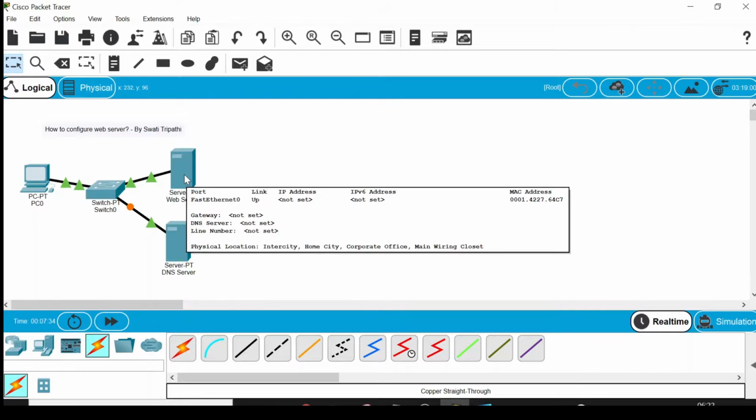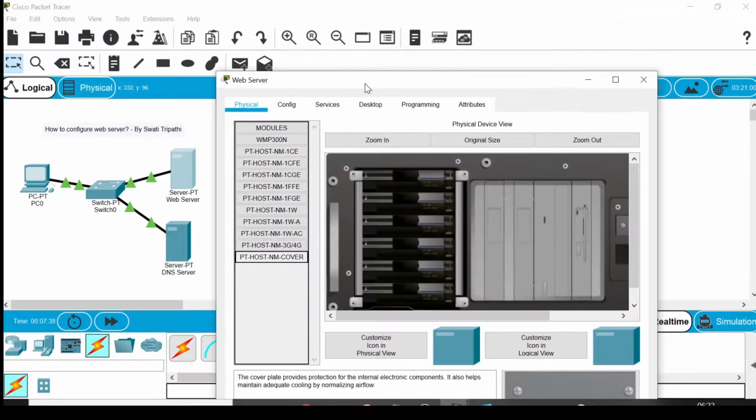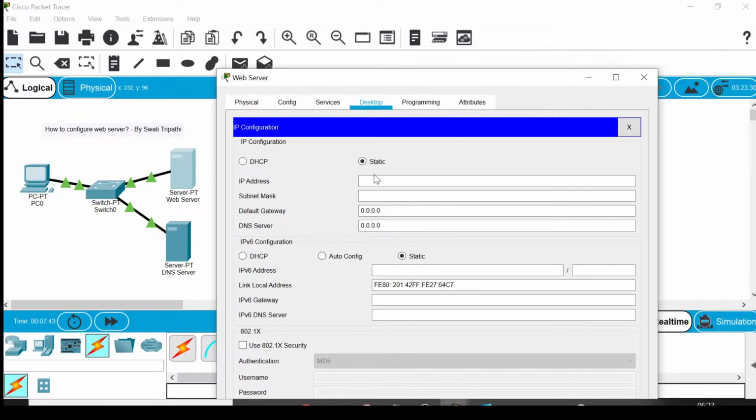Double click this web server and a default box will open like this. First of all, go to desktop and then select the option of IP configuration. Here assign an IP address. Here I will assign 192.168.1.2. Now this IP address is my choice. You can assign any allowed IP address that you want. So I'm assigning 192.168.1.2. And in DNS server, I will assign the IP address of the server that will act as a DNS,